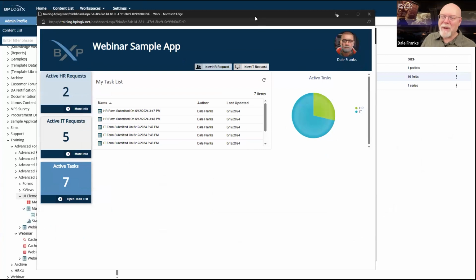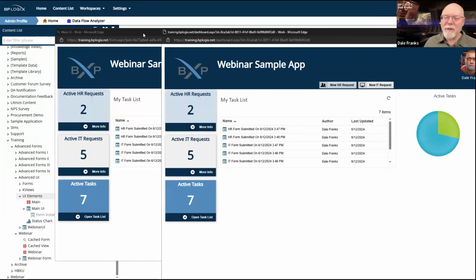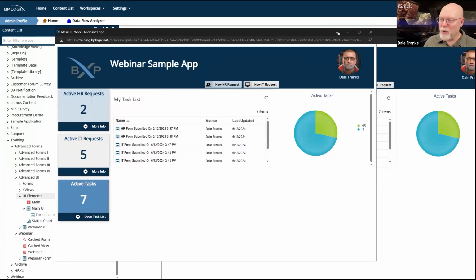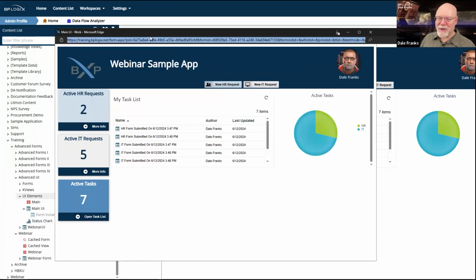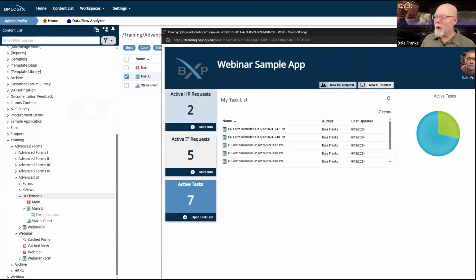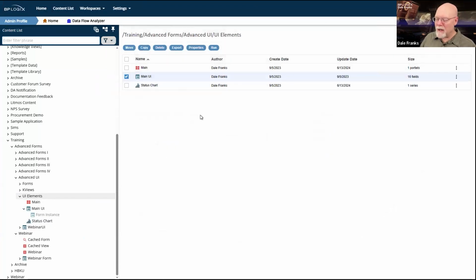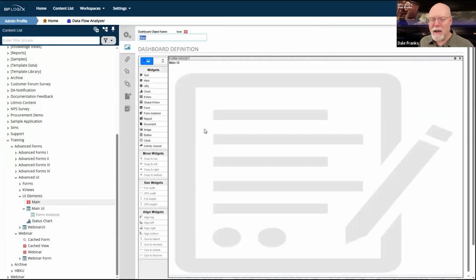Here, I'm not looking at the form. I'm looking at the dashboard. Do you see the difference? No, you don't. It's all still showing the form, but in one case, it's showing the form encapsulated in a dashboard. Now, why am I showing the form encapsulated in a dashboard in this way? Why have a dashboard that only shows me the form? It's largely a function of how I want the workspace to work and what I want to show in the workspace.